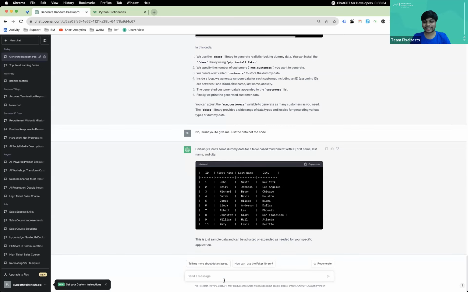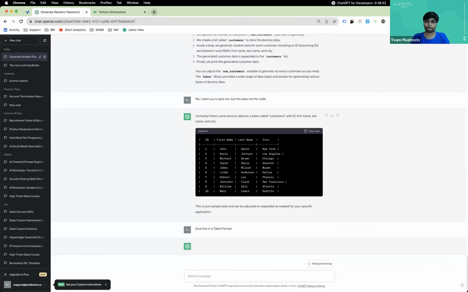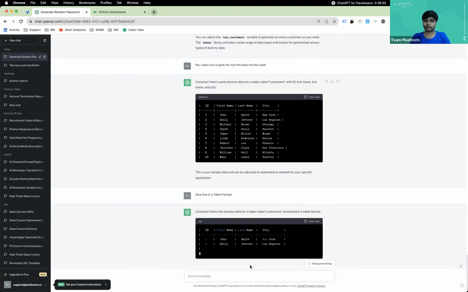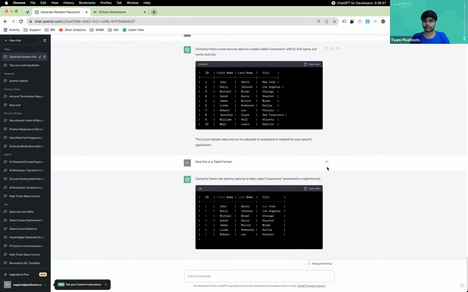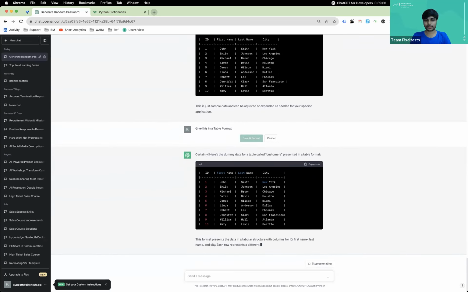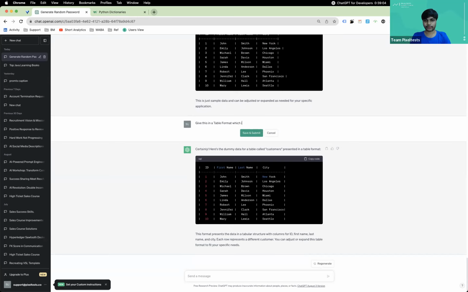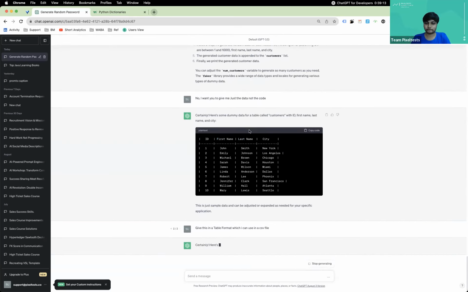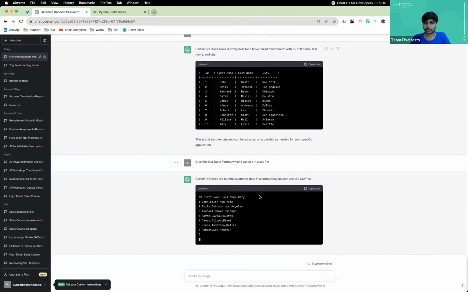Okay, now the next level here is you can always ask it to change the format, and this is where people do not use it to the best. So what you can ask is, give this in a table format. Okay, so, I'm just going to rewrite it. CSV file. Okay, so you can ask it